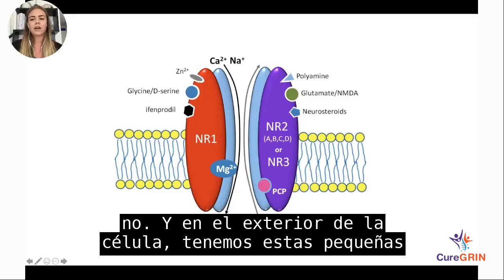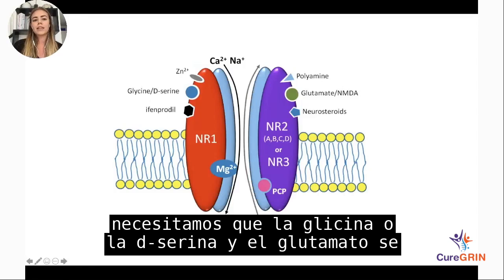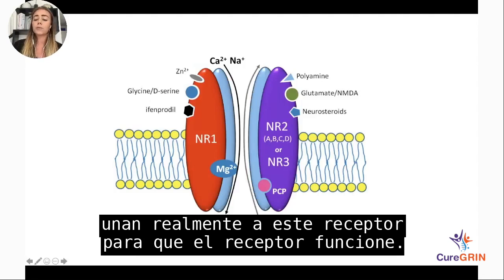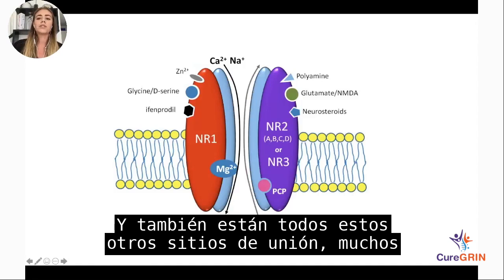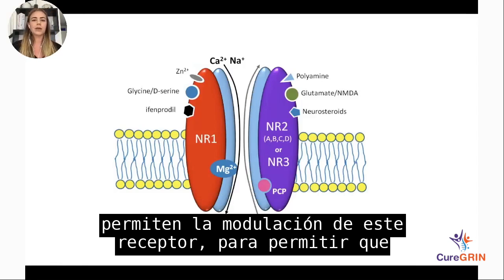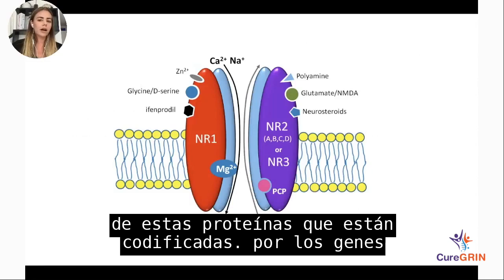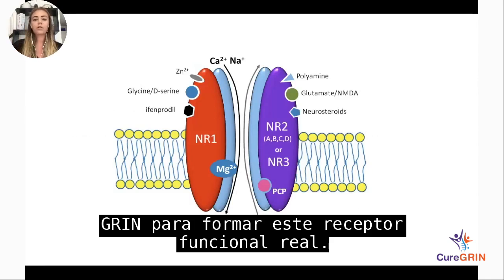And on the outside of the cell, we have these little parts of the receptor that stick out. We require glycine or D-serine and glutamate to actually be bound to this receptor in order for the receptor to work at all. And there are also all of these other binding sites, many of which are being discovered newly each day, which allow for modulation of this receptor, so to let more ions in or fewer ions in. And it takes 4 of these proteins that are encoded by the GRIN genes